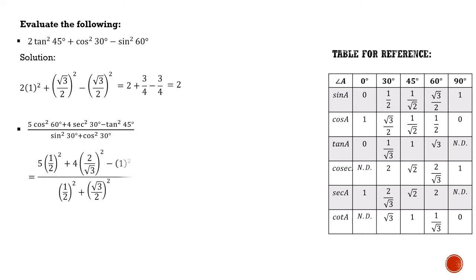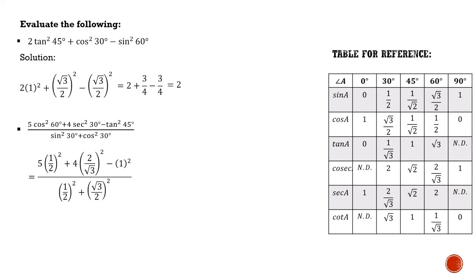Here also the things are same. It is just that the expression is in the fraction form, so we have to deal with it in that way. Once again, cos 60 is given here, so let's go to the table, extract the value, half, write it down here. Then sec 30 will be 2 by root 3. Let's extract it from the table, write it down here. Similarly for tan 45, similarly for sine 30 and cos 45.